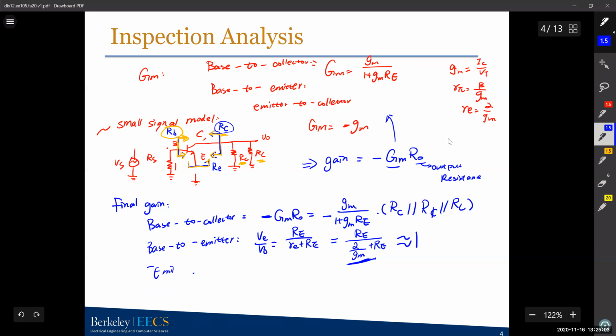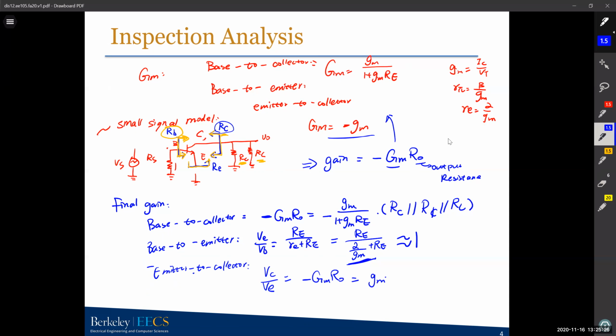Emitter to collector, so the gain between VC over VE is negative capital GM R naught. And the GM for emitter to collector is negative gm. So negative becomes positive. It's just small gm times R naught. And the R naught here is usually